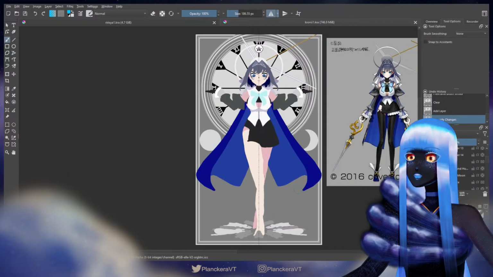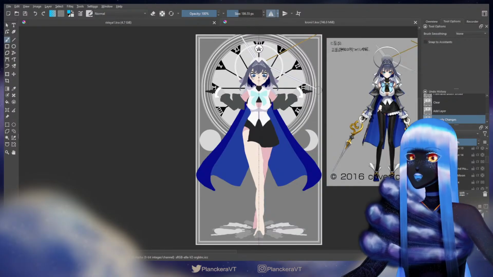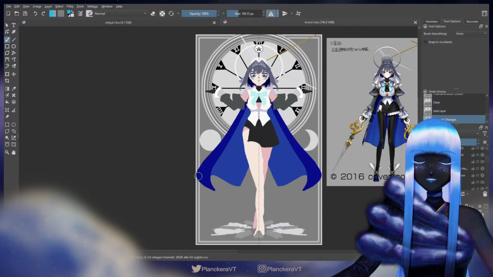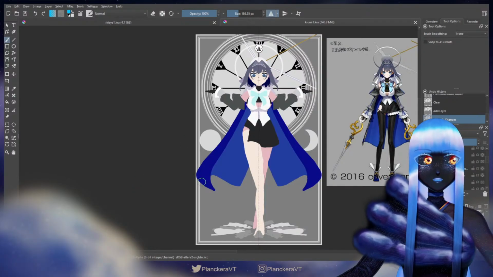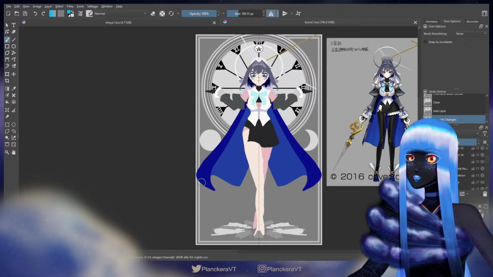If I make it larger, I'm gonna have to make her cape bigger. The main thing is that I'm just looking at the clock versus the thing here, and I'm wondering, are these borders too close together, or does that work? Do I curve her cape in a little bit more, or do I let it overlap the sun and moon? Things like that, and that's kind of what's gonna make me decide how wide everything should be.